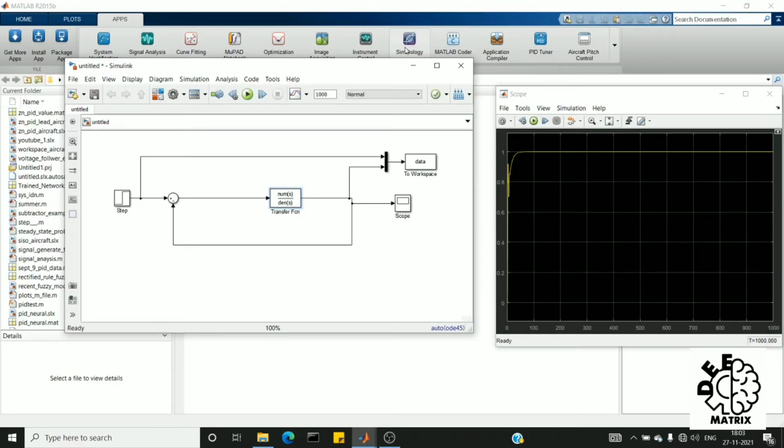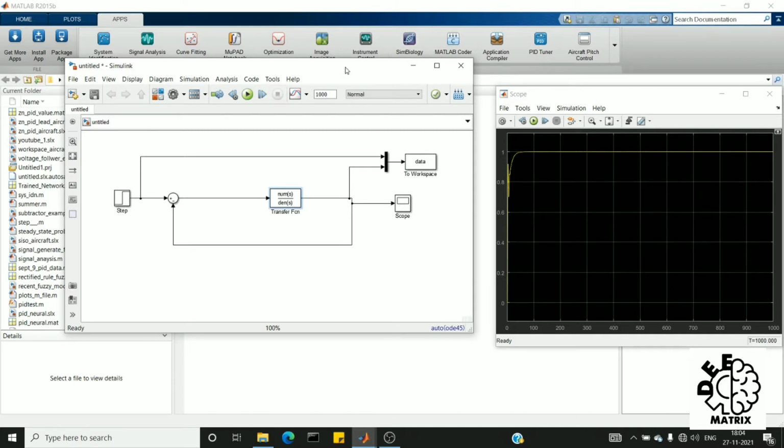In today's video we see how to use the System Identification Toolbox in MATLAB. The System Identification Toolbox helps to construct mathematical models of dynamic systems from measured input-output data. Using time domain and frequency domain input-output data, we can identify continuous-time and discrete-time transfer functions, process models and state space models. In a nutshell, using the System Identification Toolbox, we can generate a transfer function of any system using its input and output data.